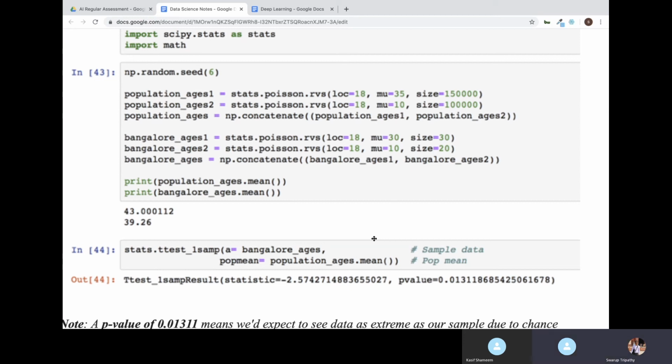So now you have changed this mu also and saw what p value you are getting. Once you change the mu to 35 here, what is the p value? Where do we have to change the mu, the population mu or the other one? Anyone, you can change this Bangalore age mu. This is different, right? The average is different. Can you make the average the same and see what result you are getting? Okay, I'm making it 30-30.